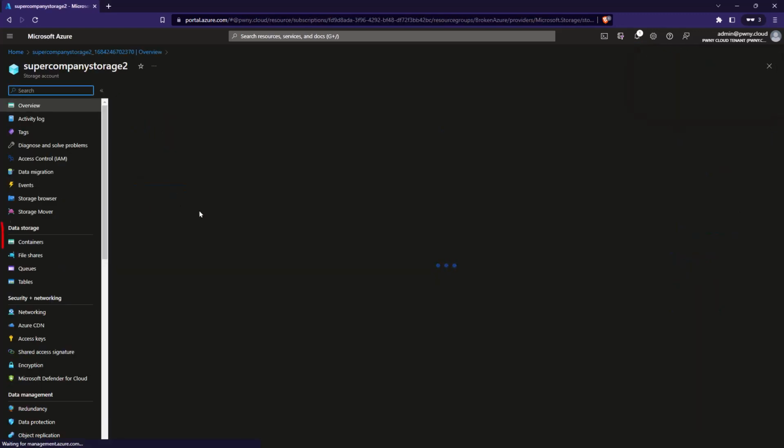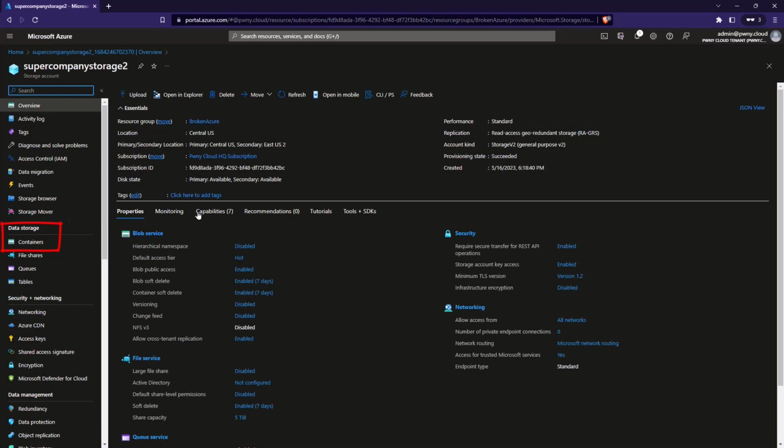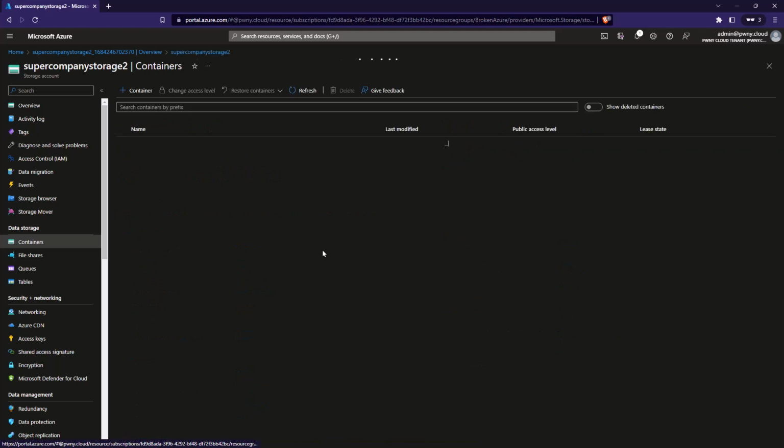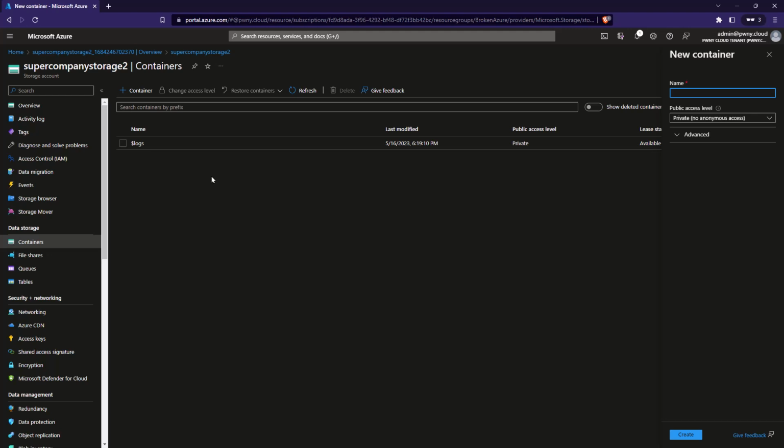Over here, you can see that I have the option of containers under data storage. This is where I can start to create containers and upload my files. So I'm going to create the container. Remember, this was the first missing piece of information when we were trying to connect to the storage account. For the container, I can go with whichever name, it doesn't matter. We're just going to go with the same name that we've seen in the CTF challenge,